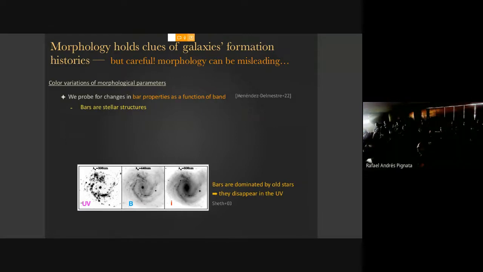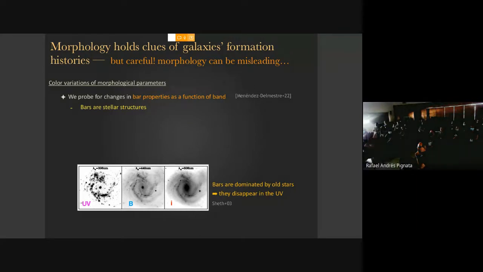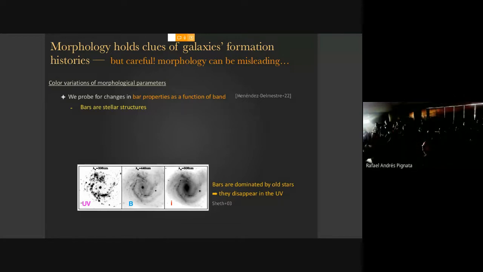So I've been telling you, yes, look at morphology, shapes, they matter because they tell you so much about the process, but morphologies are tricky. We are looking at light and stellar populations. Depending on what stars you have, you will have access to different parts of the galaxy. And in the specific example of the bar, it has been no secret for a long time. If you look at a bar in the I band, you can see a clear bar. You can still see it in the B band, but if you go to the ultraviolet, you completely lose track of that bar. Bars are usually composed of older stars, so they're not associated with strong UV emission.